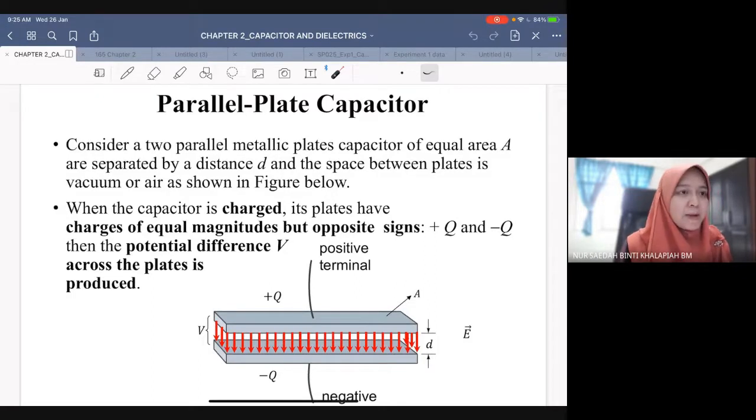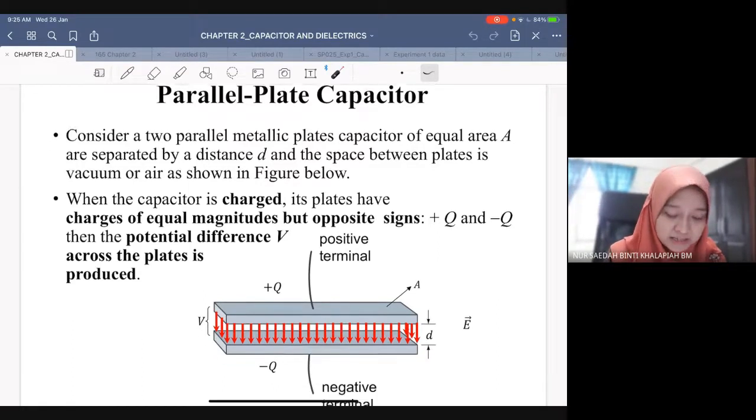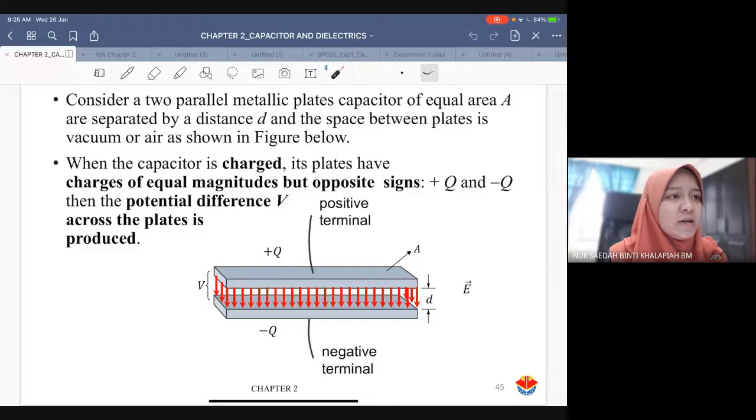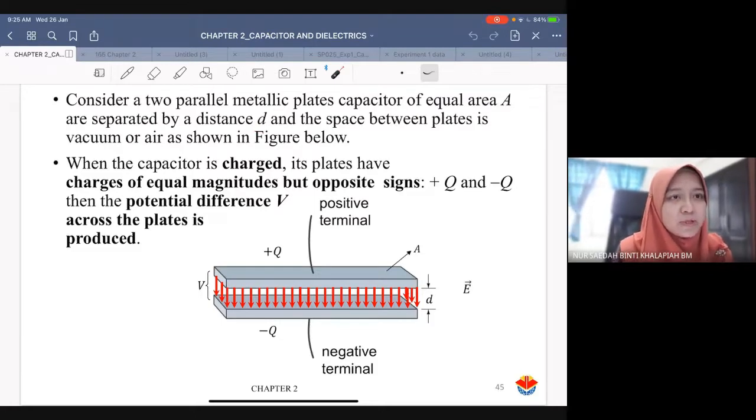we have a capacitor. Capacitor consists of two parallel metallic plates, okay, which has the equal area. Okay, here is the area lah, segi 4 kan. So area of the plates. So kalau plates yang atas ni areanya adalah A, area yang bawah pun adalah A lah. So plates kita tu areanya sama. And these two plates are separated by a distance D. And the space between plates is